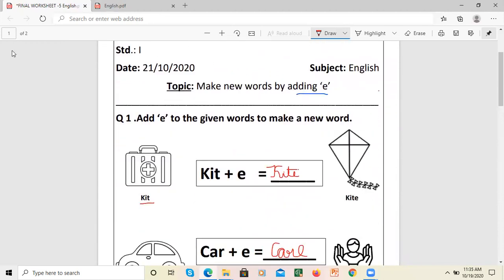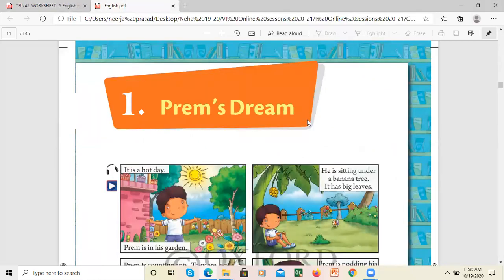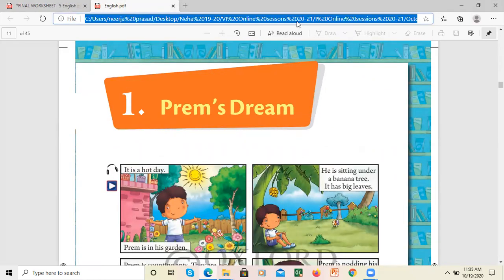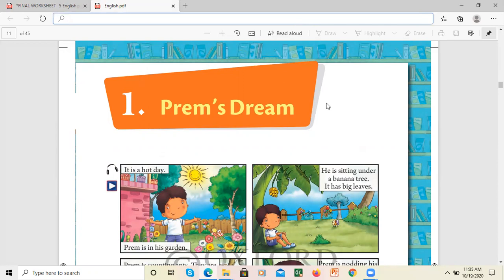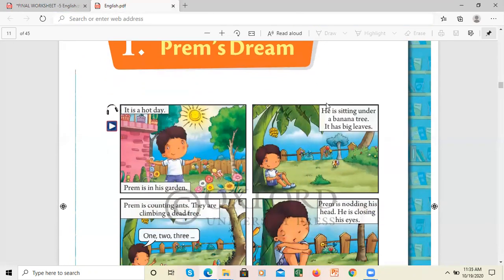We will quickly go to frame stream for reading purposes, as it's important that we continue reading. So we will start with frame stream again. Keep the book ready as I told you in the beginning, and keep a pencil also ready along with this. Okay, good. Now, frame stream.